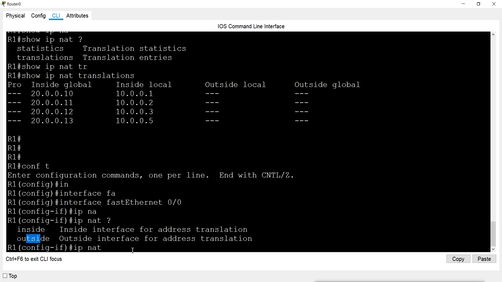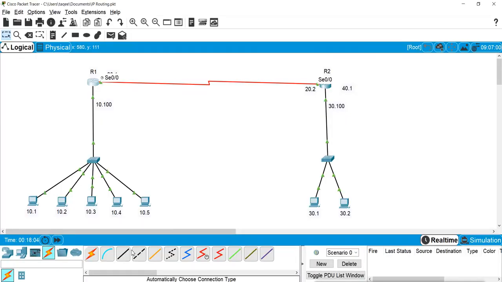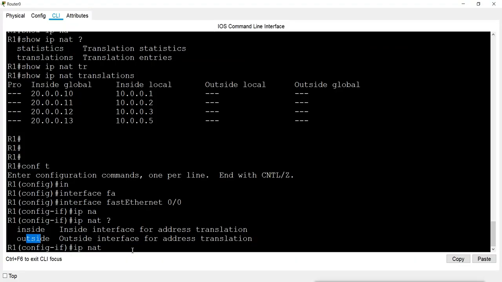That means at which time you want to translate, when it goes in or when it goes out from this interface. All these IPs will come in from this interface, so I will say translate it when they come inside.